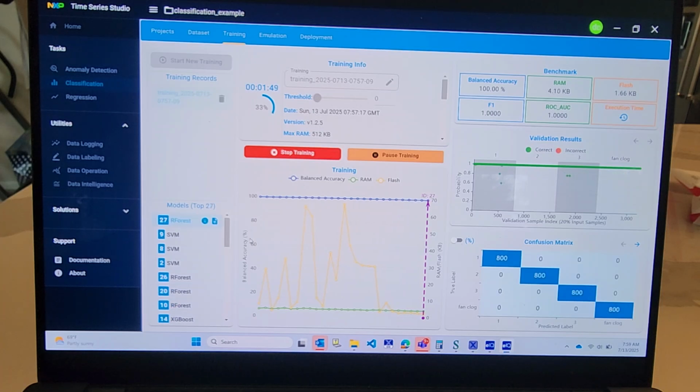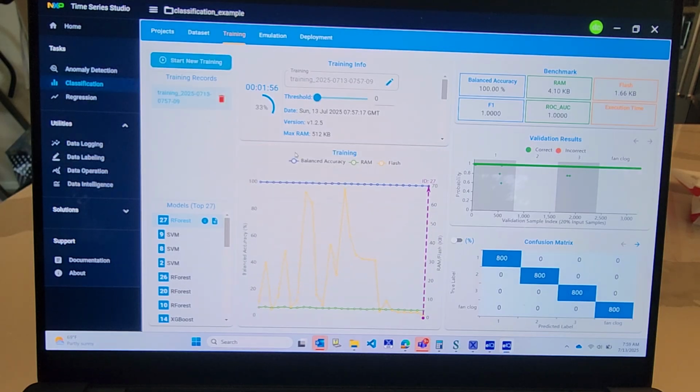Okay, so at this point, what I'm going to do is hit stop training, and we're going to click here, and we can see as we go through these models that your execution time will be changing. See, the R forest is 0.09 milliseconds. When we go to the SVM, we have 10 milliseconds, with different flash and memory sizes and stuff. So we're going to go with the rForest